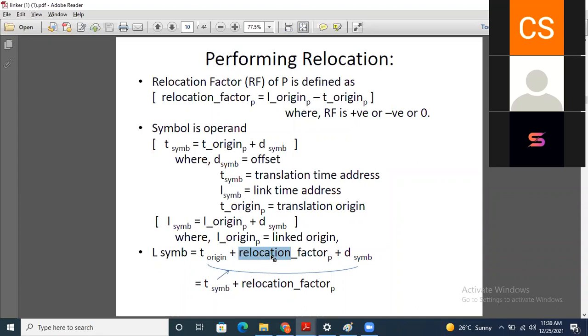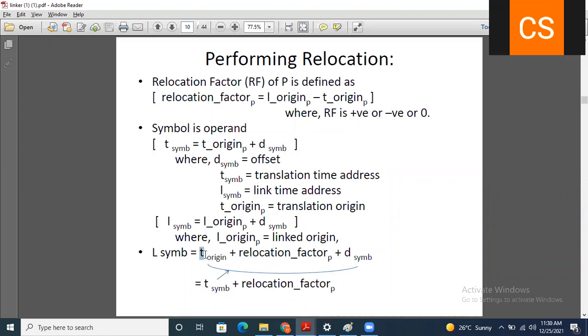So 400 plus T origin 500, 900 plus displacement 40. So it will be 940.